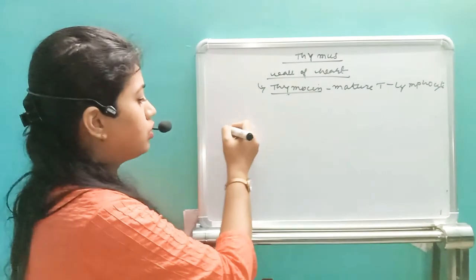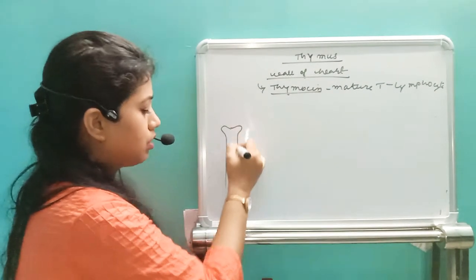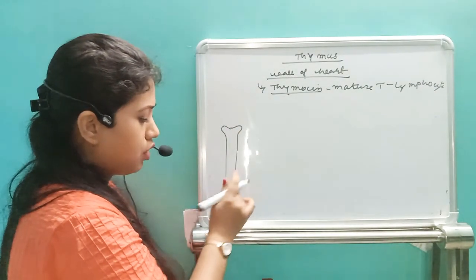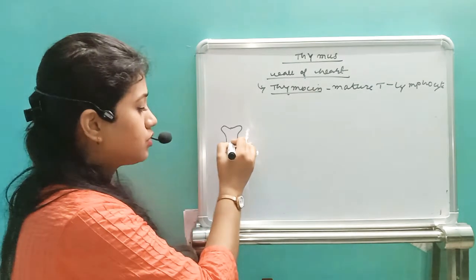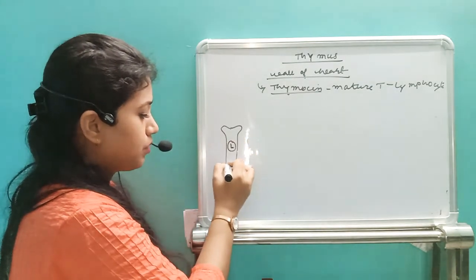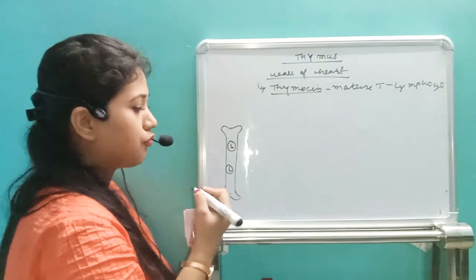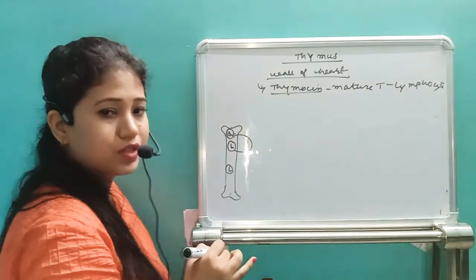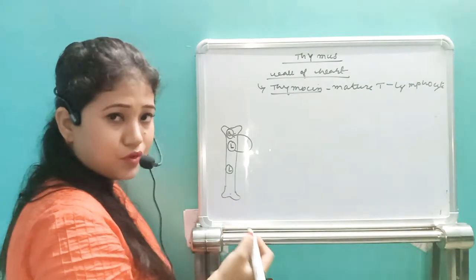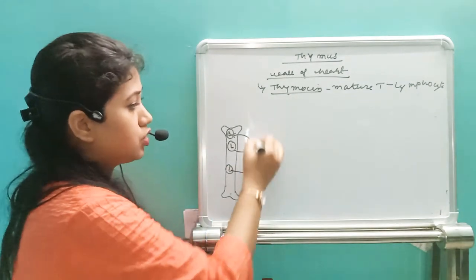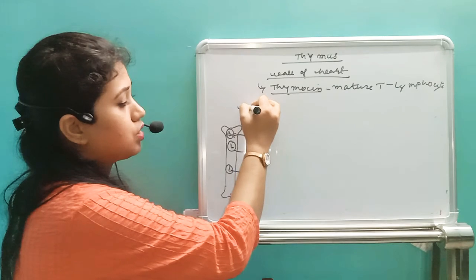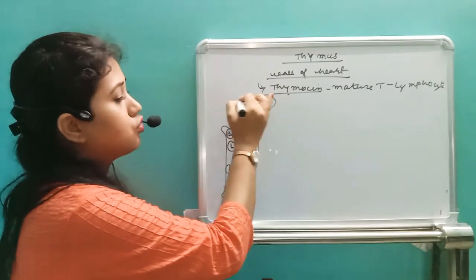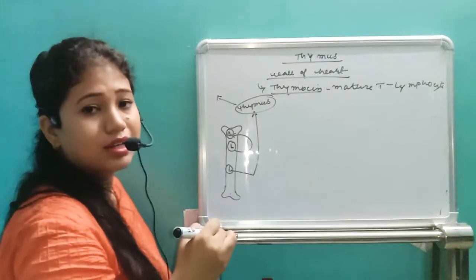Already I have told you, suppose this is the bone marrow. In the bone marrow we are going to have production of two types of cells. Suppose these are the lymphocytes. If the lymphocytes are formed as well as matured there, then they are called B lymphocytes. But one kind of lymphocyte is formed in the bone marrow, but goes to the thymus gland so that it can be matured into different types of cells. They are called the T lymphocytes.